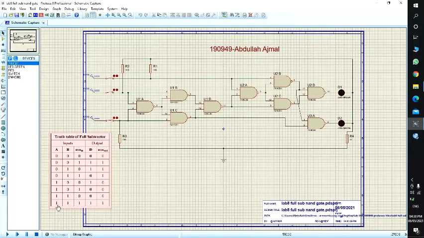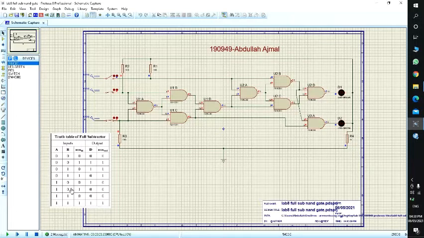All of our inputs are 1, 1 and 1, so all of the outputs should be 1, 1. So let's run. Both of the LEDs are working. Now 1, 1 and 0. Let's make our carry 0. So our LEDs are off.